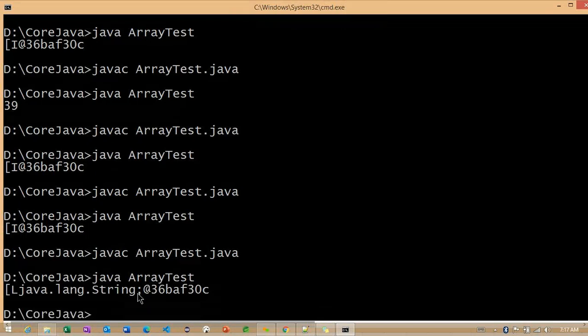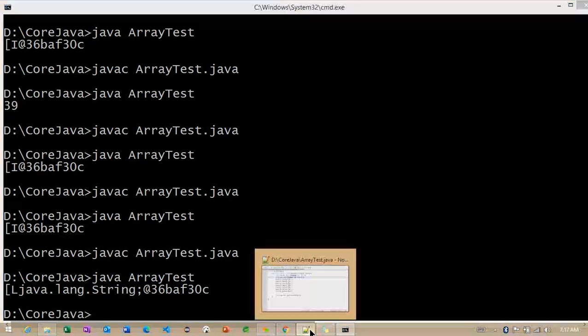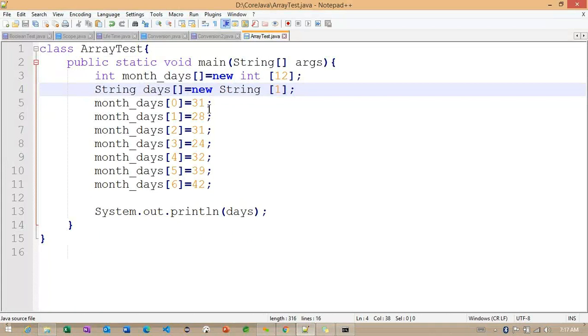It is the same reference, the only difference here is that instead of providing the unique value, they are appending the data type also. Okay. So any other questions?